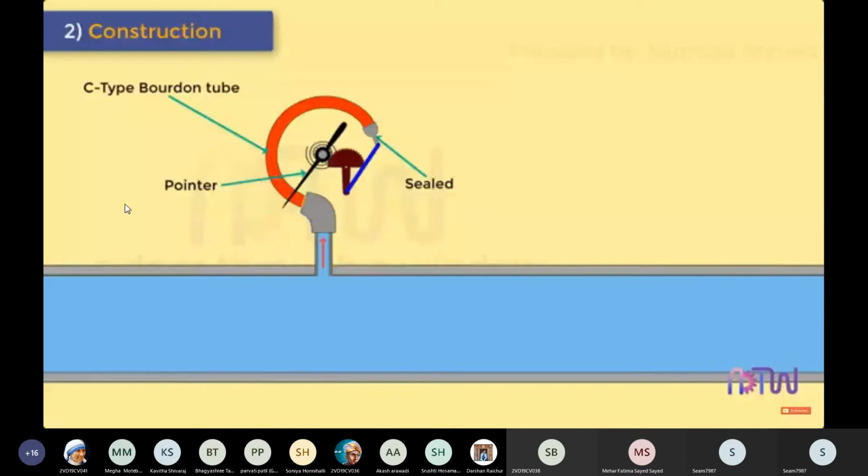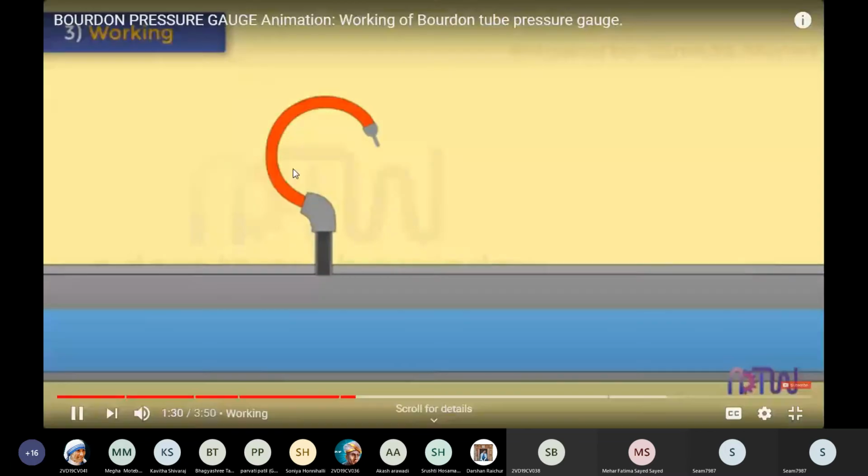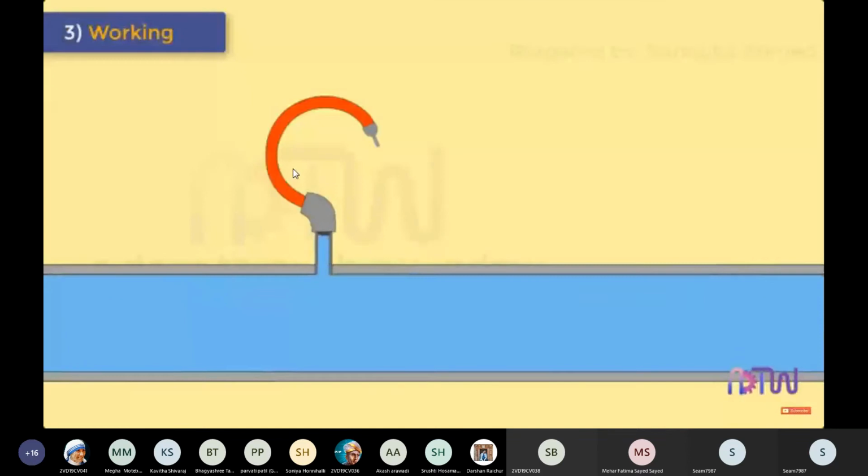The tube is soldered or welded to a socket at the base, through which the fluid, whose pressure is to be measured, enters the C-type Bourdon tube. Working of a Bourdon tube pressure gauge. As the fluid under pressure enters the Bourdon tube, it tries to change the cross-section of the tube from oval to circular, and this tends to straighten out the tube.